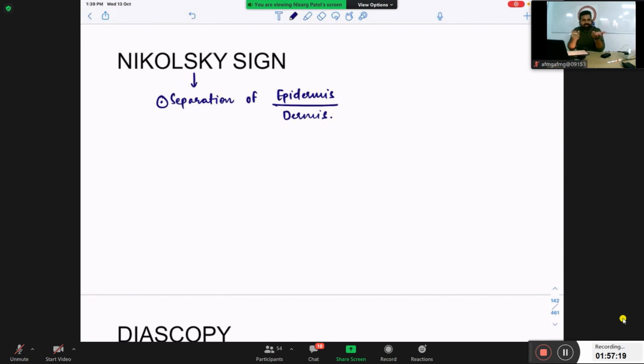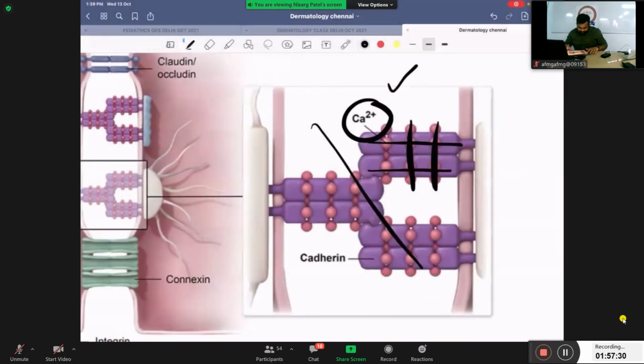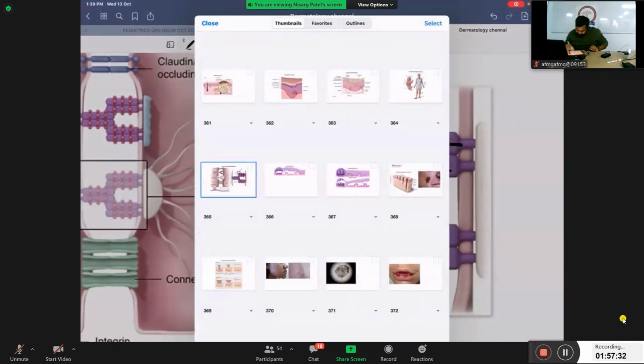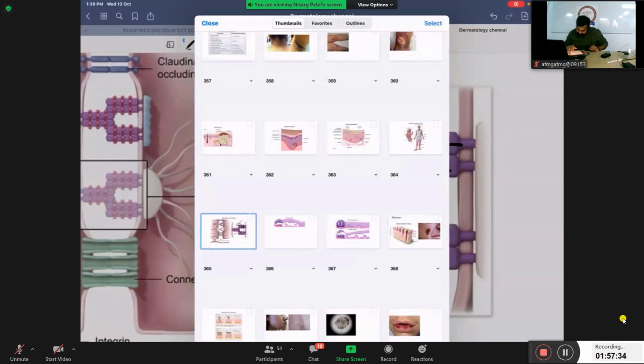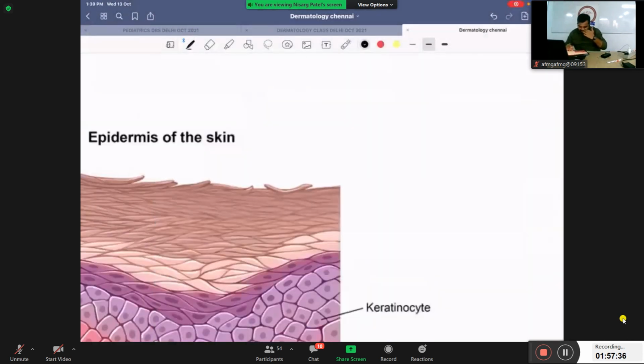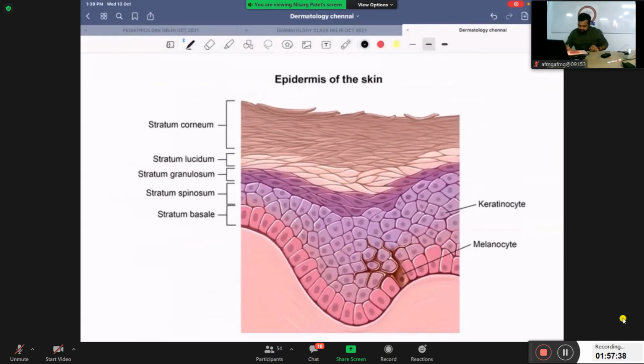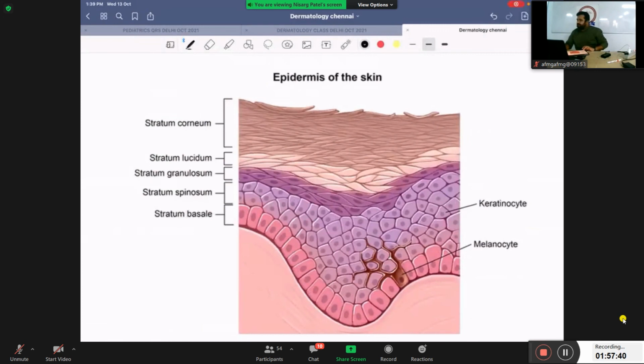Desmosome, mainly the desmosome, because the strong connection is mainly the desmosome. So let's see this. So this is my epidermis. On this epidermis, if there is a rupture